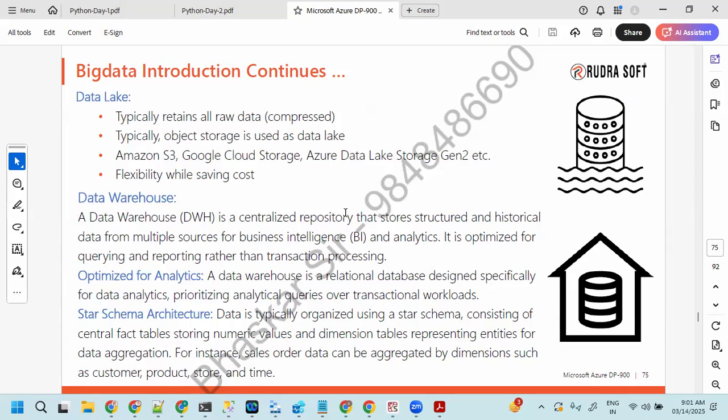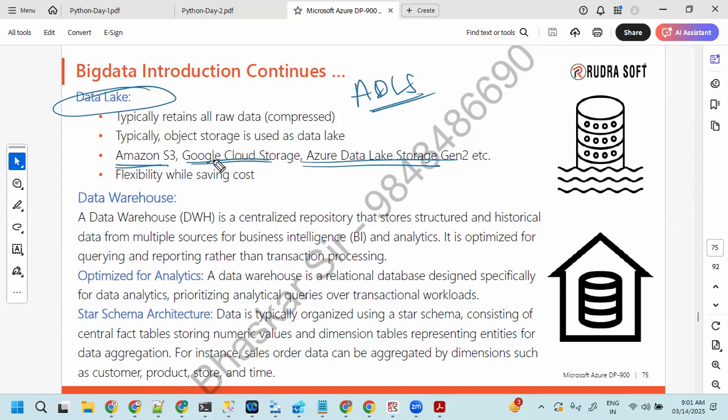For big data, those systems are not capable enough to store data, right? So people used to go for a data lake, that means ADLS. You can have a massive volume of data. Many providers offer this kind of data lake storage. Amazon S3 is a data lake. Google Cloud Storage is a data lake. From Microsoft, we have Azure Data Lake Storage Gen 2, which is a data lake.